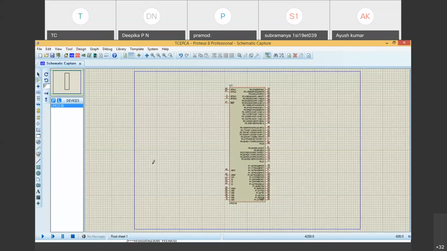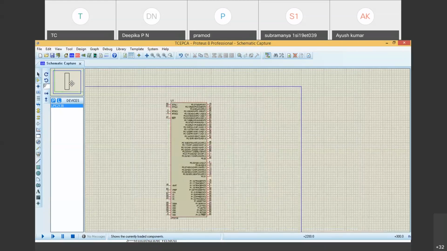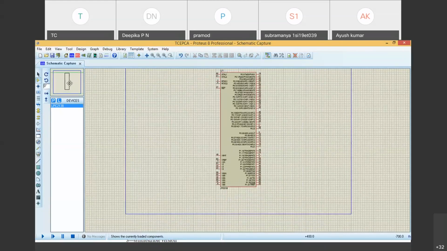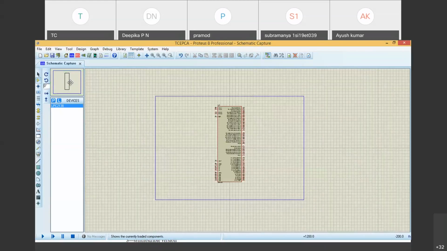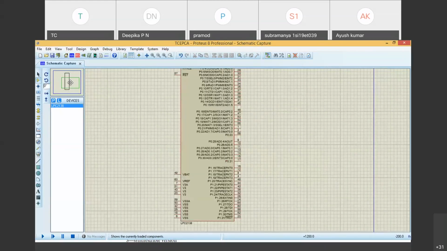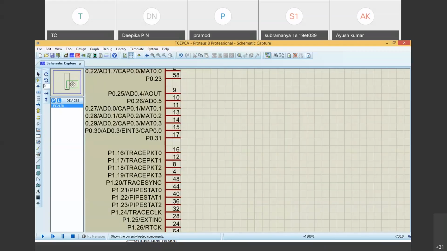That is very important with respect to the ARM processor. What is the basic connection required for the ARM processor? You can observe at the top, you can see a blue box, right? If I move around, the blue box is visible. I can make this block smaller or larger.